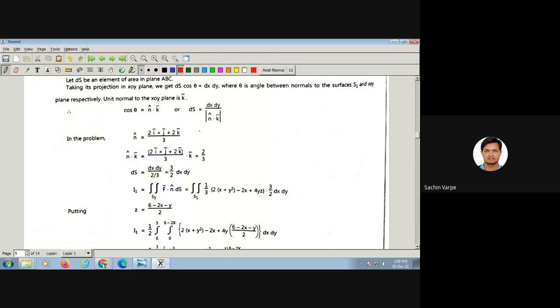They have considered the arbitrary plane as S1 only, the first plane. You can see here, n cap they have calculated as del phi upon mod of del phi, and area element is this. So n cap dot k cap, and then S1 is the arbitrary surface they are taking. So f bar dot n cap ds. N cap ds is this 3 by 2 dx dy, and f bar dot f bar is, I mean,